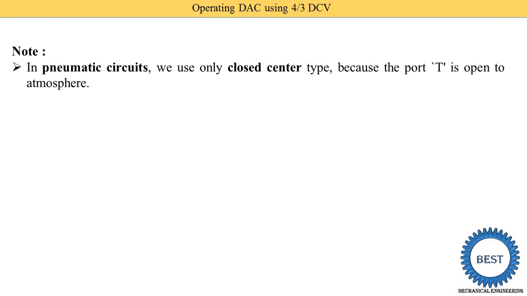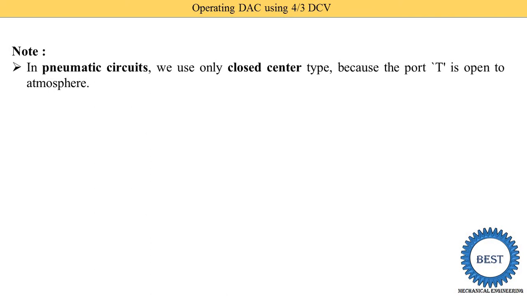The compressor supplies compressed air to the directional control valve, and this compressed air is again released to the atmosphere. So we lose power supplied to the system, and we also lose financially because the compressor consumes a lot of electricity. That's why the tandem center position is not used in pneumatic systems.